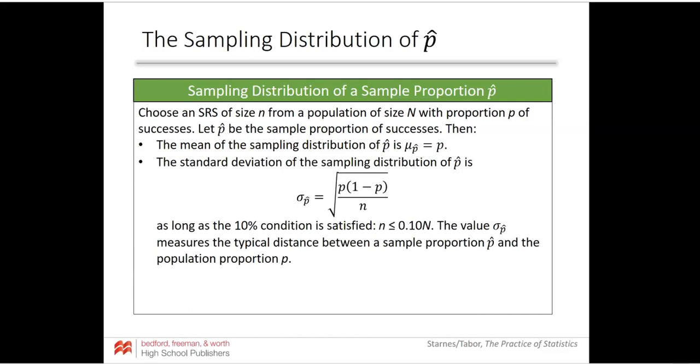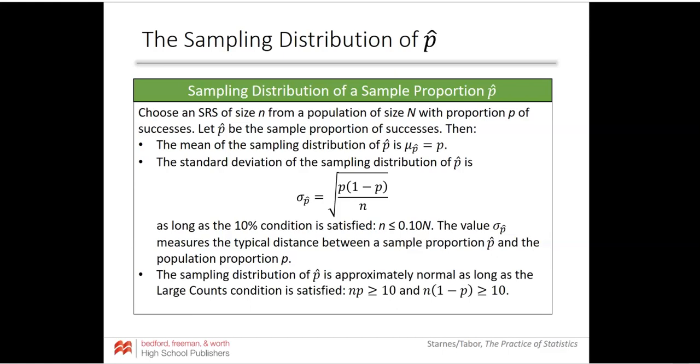Okay. So the mean is just what you expect. The standard deviation is the square root of PQ over N, Q being the chance of failure, as long as the 10% condition is satisfied. That's a very important condition to check before you do the standard deviation. Less than 10% is because we're sampling without replacement, and it kind of proves independence, or at least a semblance